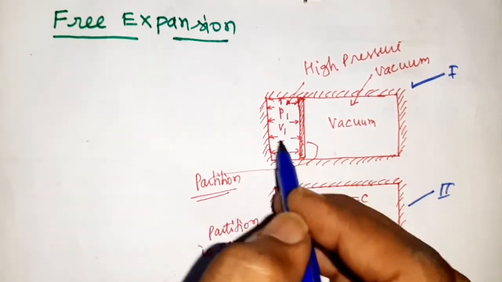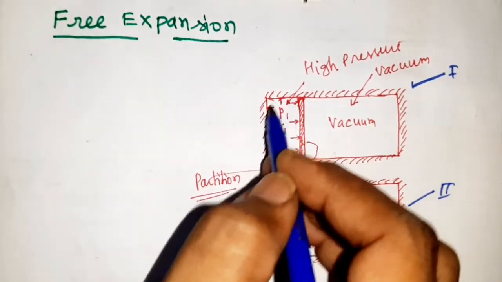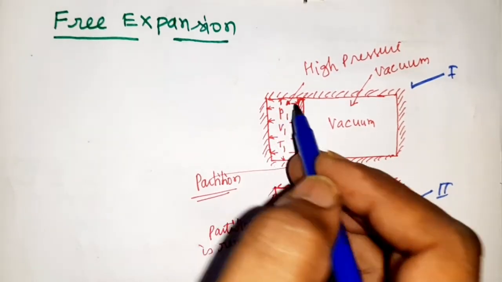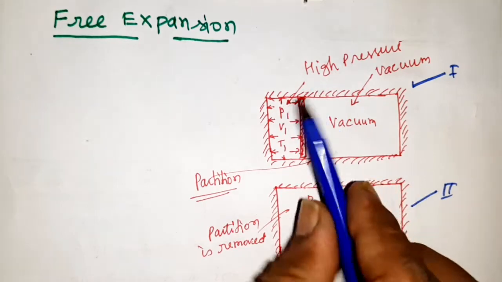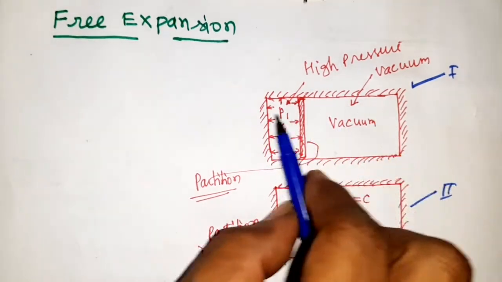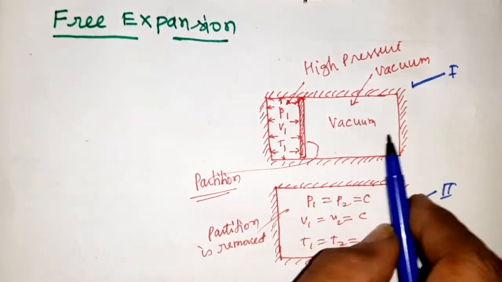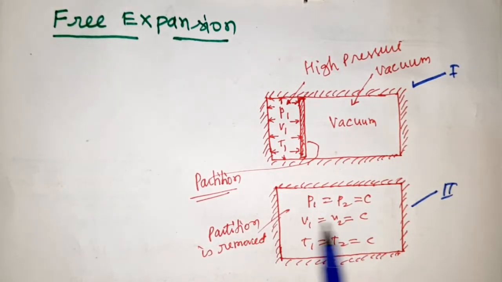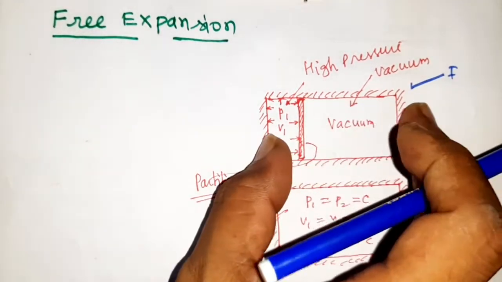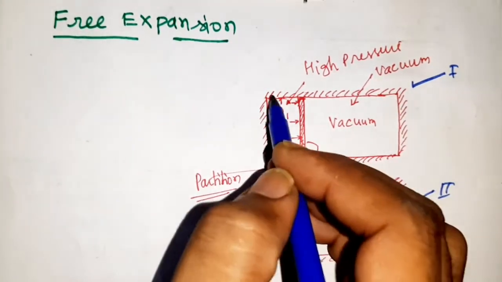Initially the pressure is P1, volume V1, temperature T1 in the left portion, and on removing the partition, the pressure will be constant throughout this container. You can see in this figure. Here pressure will decrease and volume will increase, but